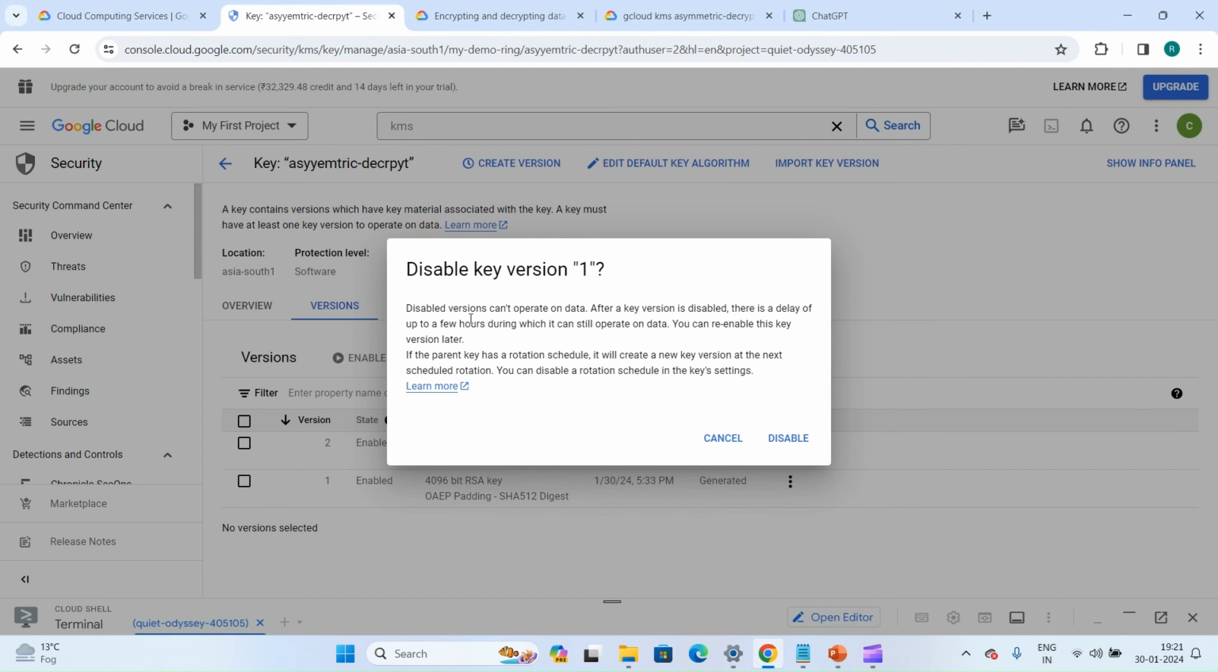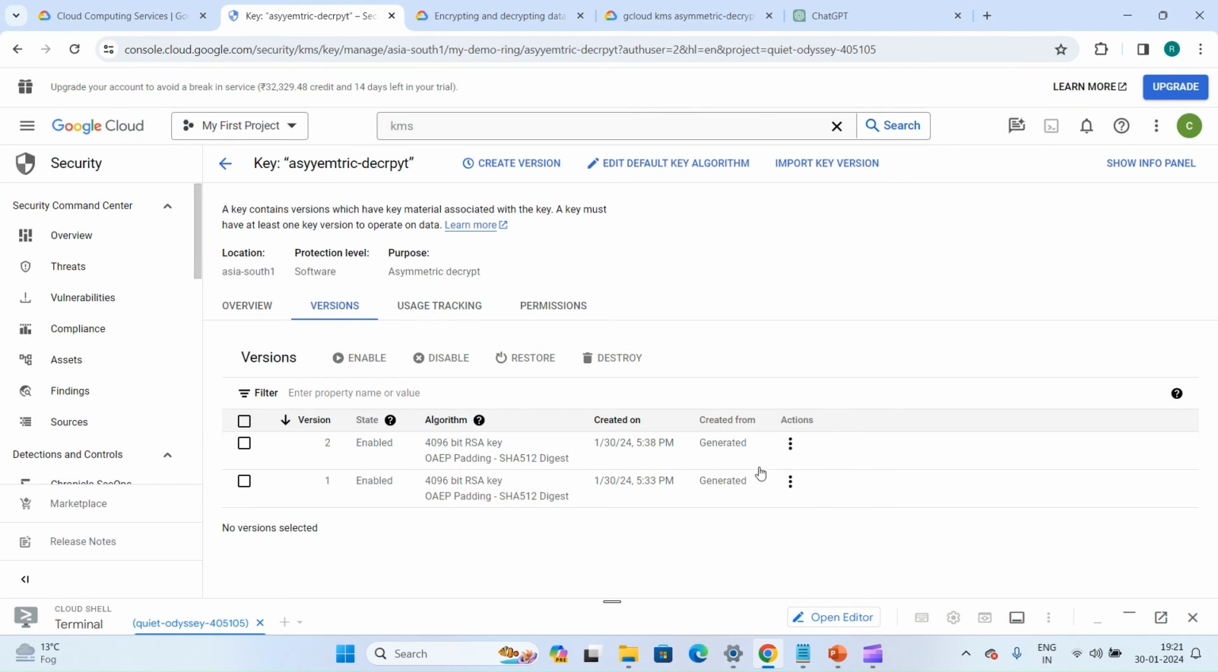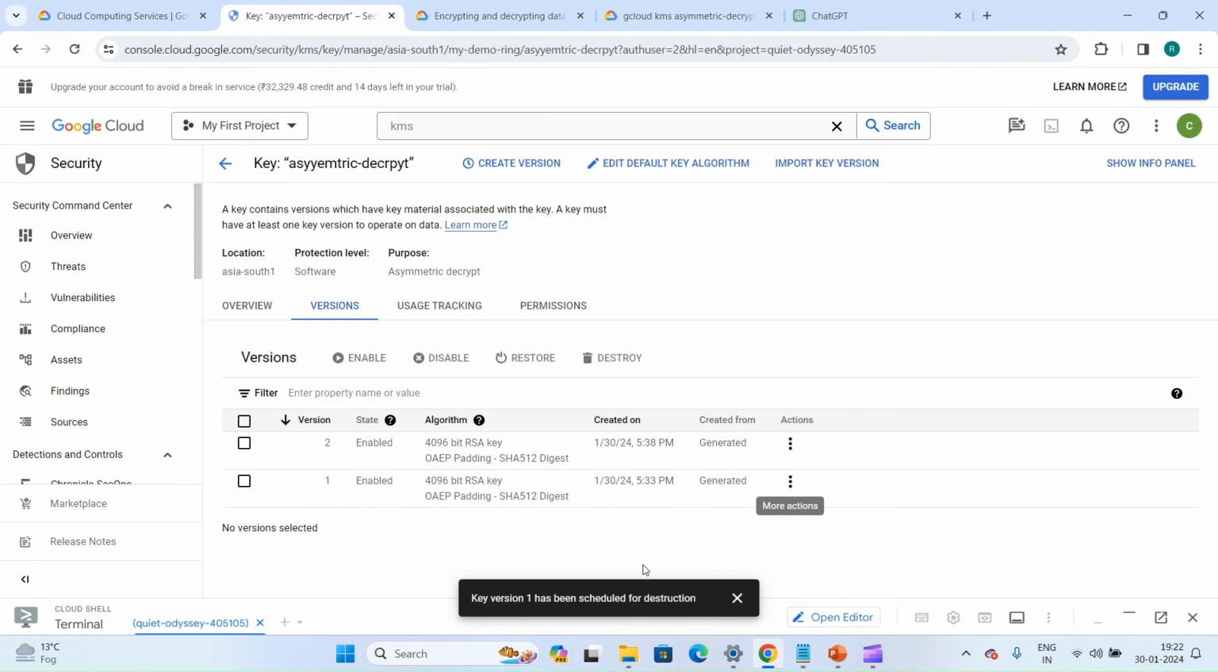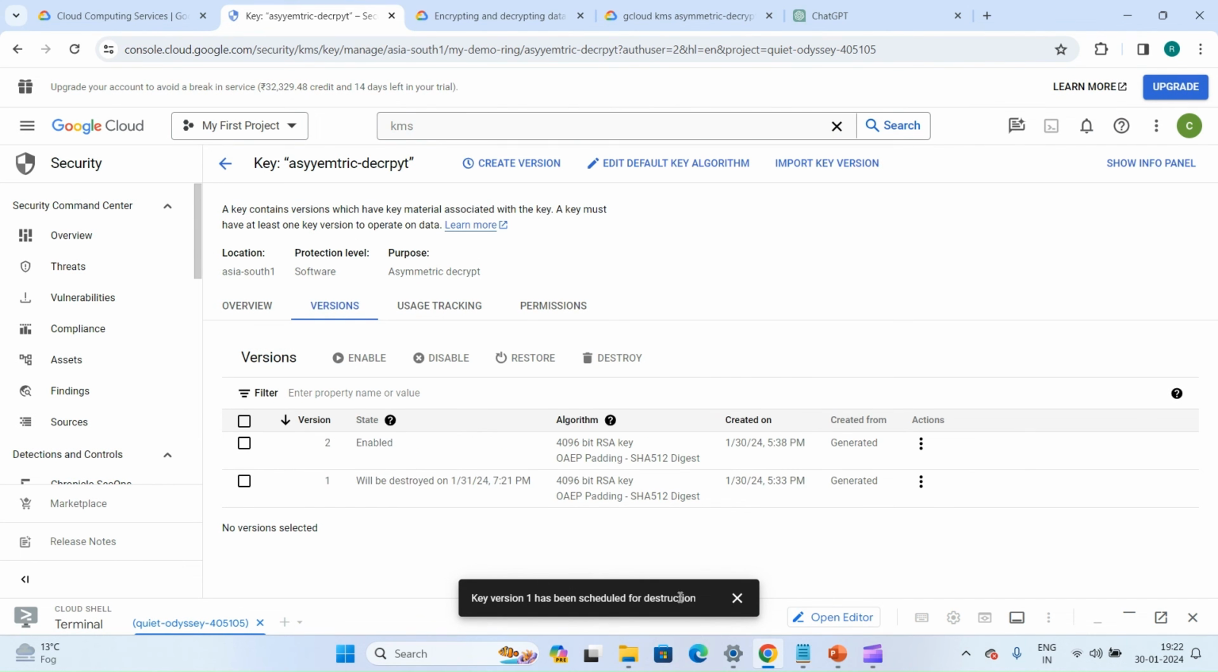After a key is disabled, there is a delay of up to some hours, but it can still operate on your data. So even if I disable this version, this key will still work. So better to destroy this version to see how it is. So let's click on destroy. We have to provide the days. As of now, while creating, we didn't provide any value, so it will be destroyed after 1 day. We click on schedule destruction, and then